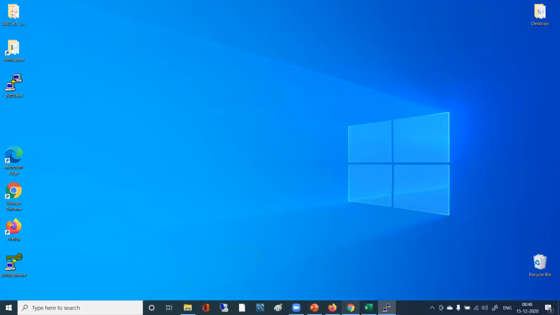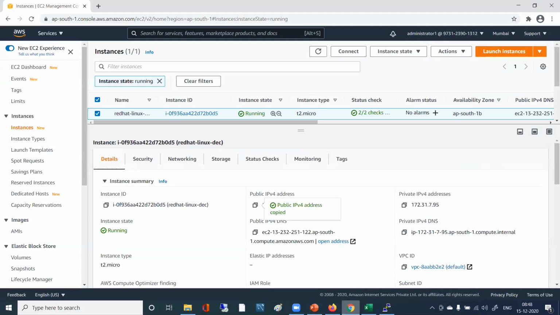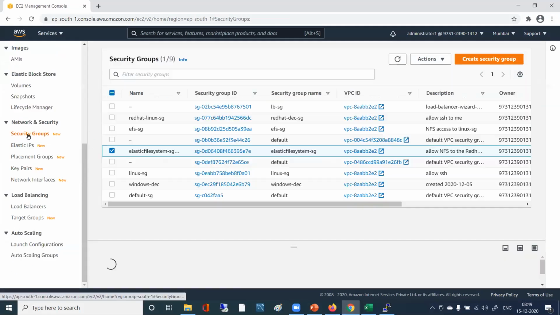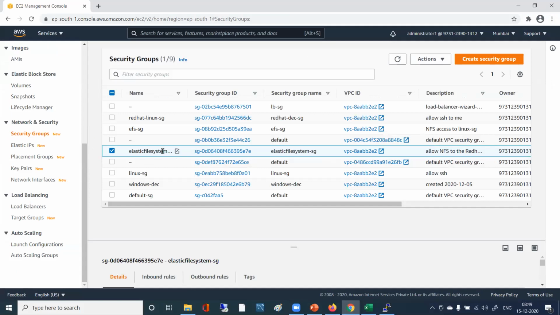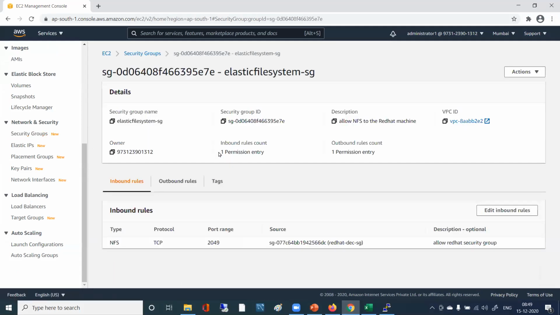Meanwhile, we'll fix another security group for Natraz. So Natraz, go to security group. Now you have that elastic file system security group, right? Go to that.